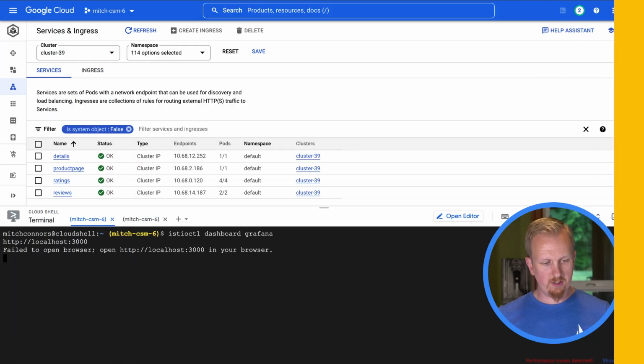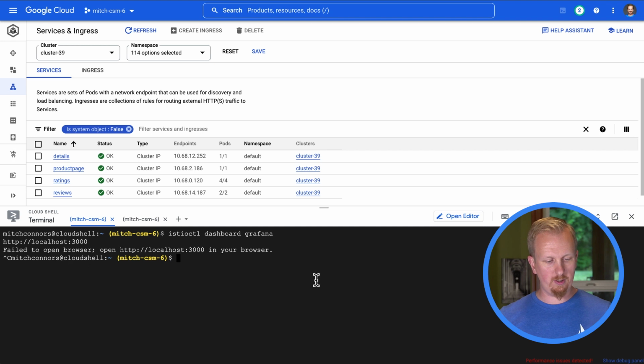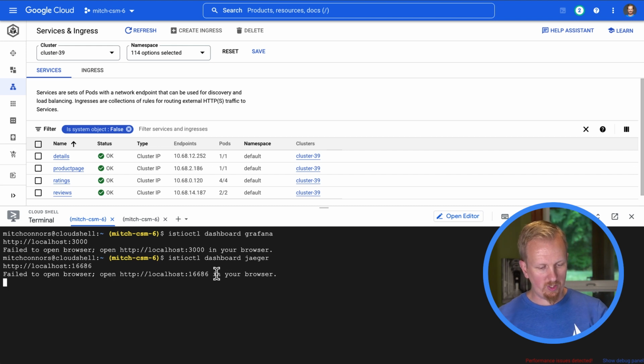Also, if you're wondering how I got to this tooling, how I did the onboarding, what my services look like, please go back to episode 1, which showed you how to set up your own environment so that you can follow along with me. So the first thing we're going to do, I'm going to go ahead and close our Grafana session, and I'm going to open a Jaeger dashboard. We installed this again in episode 1. Let's see what Jaeger has to tell us.